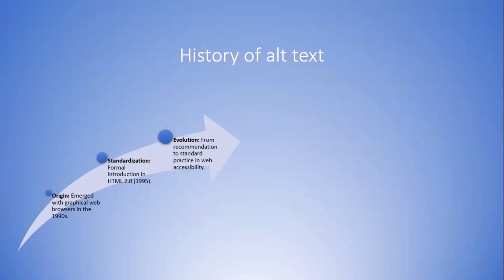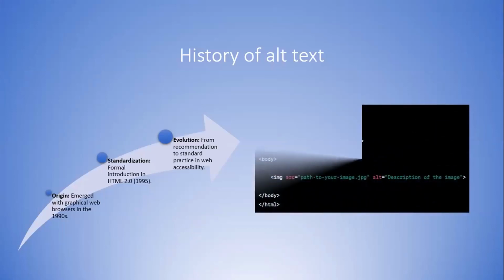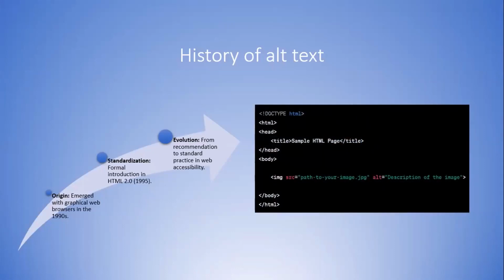Now it has evolved into various forms where accessibility is required in every form, whether it's a PowerPoint, a PDF, or a Word document, whatever it is, you have to make your documents accessible. So this is a screenshot where you can see the alt text, how it is inserted in the background HTML. The alt text will be introduced within those tags, in the quotations, alt equal to, and there you put the description of the image.